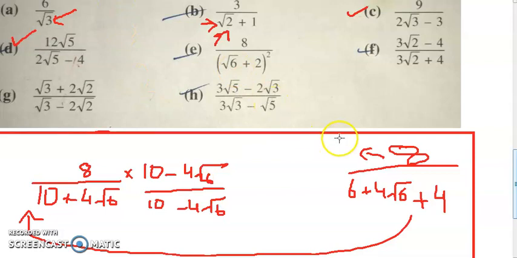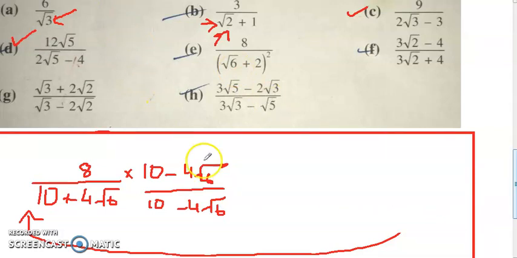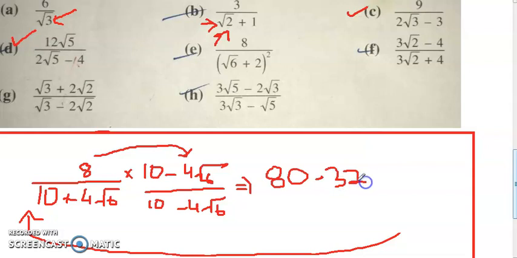Okay, once again I'll have to clear this block away. So let's proceed. Okay, now what we'll do is we'll multiply 8 by 10, which is 80, minus 8 into 4, which should be, 8 4s are 32 under root 6, upon